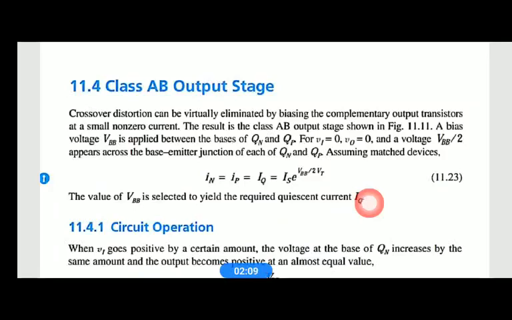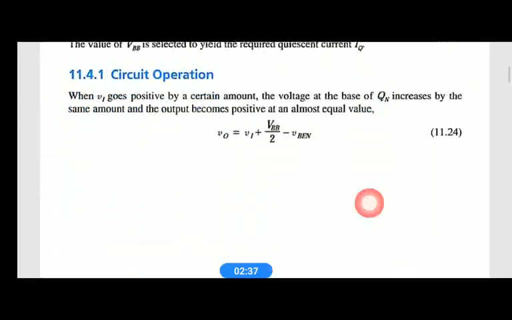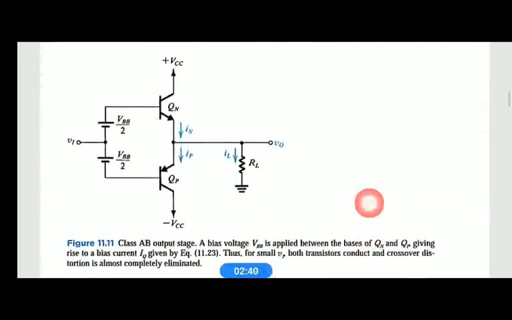Means when input is crossing at 0, for certain voltage above the 0 or below the 0, there is no output voltage. So to eliminate that crossover distortion, we are using class AB output stage. It also has two transistors, using two amplifiers here, one for positive cycle, another for negative cycle, with a small amount of biasing we are